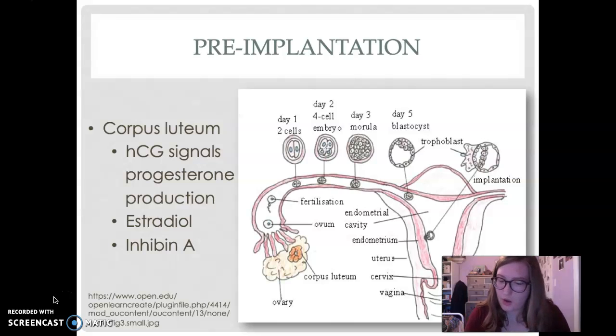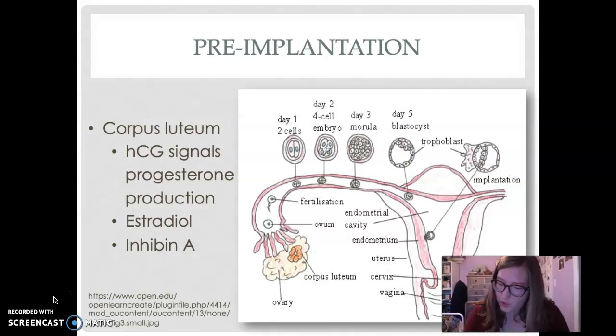support a growing human. In terms of hormonal control, upon implantation, which we will discuss further in the next slide, specialized cells of the embryo secrete human chorionic gonadotropin, also known more simply as HCG, which is a peptide hormone that essentially rescues the corpus luteum and signals for the maintenance of progesterone secretion. Progesterone secretion in these very early stages of pregnancy allows for the endometrium to be maintained to support growth and development of the embryo, as well as to suppress uterine contractions.